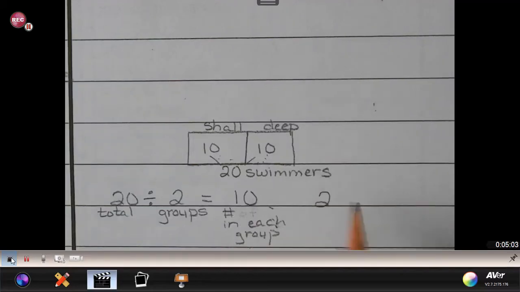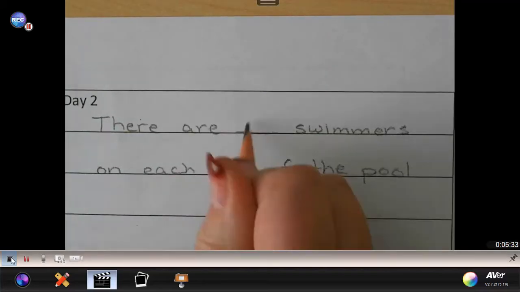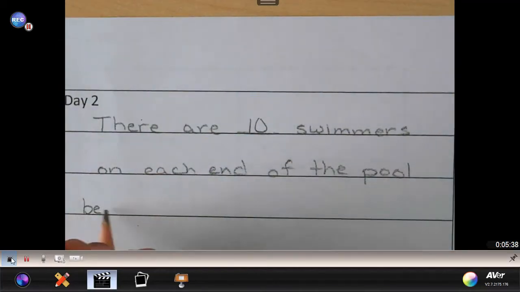2 groups of 10 is the same as 20 total. So when I'm using division, I'm actually using the opposite or the reverse of multiplication. I'm starting with my total, I'm putting the total into 2 groups, and I'm finding how many are in each group. So now I can come back up here and I can say there are 10 swimmers on each end of the pool,